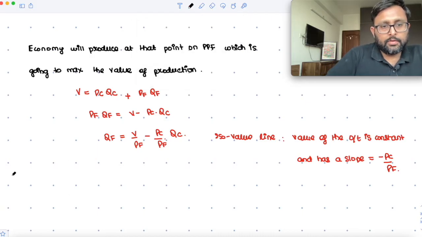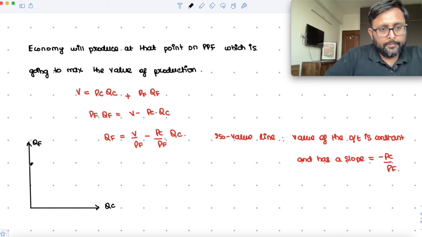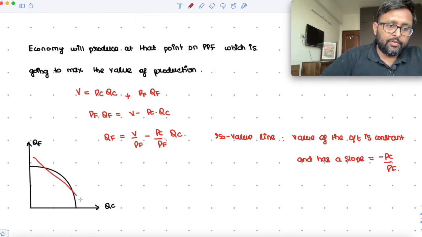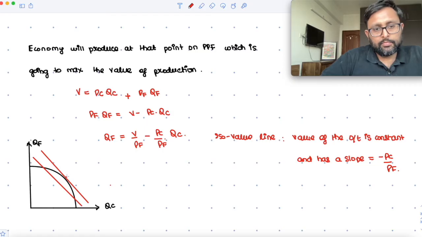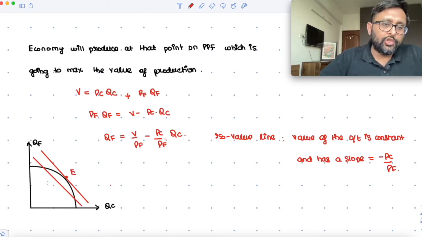So you have this as your, this is QC, this is QF, this is what my concave shaped IC is, and this is the ISO value line. So is this the one which is maximizing my value? No, I can go further. This one. At this particular point, this is the point where the ISO value line, this red line, is tangent to